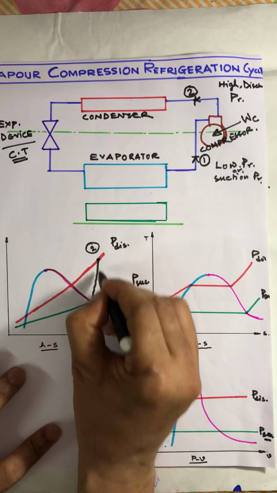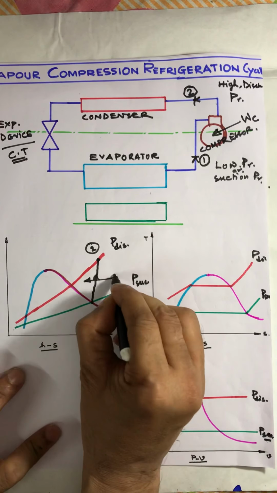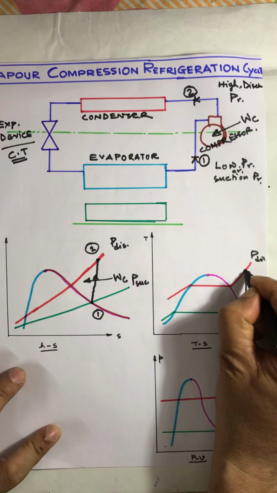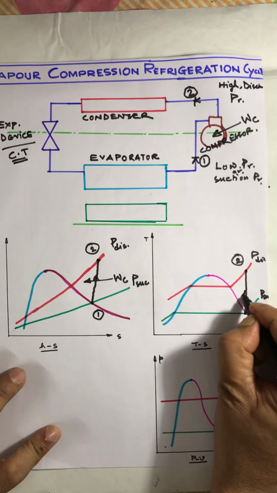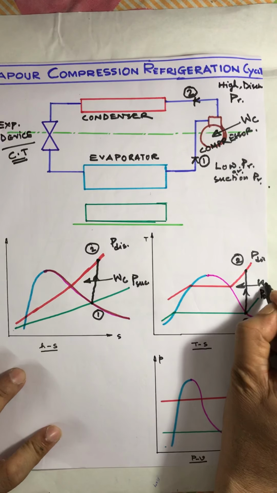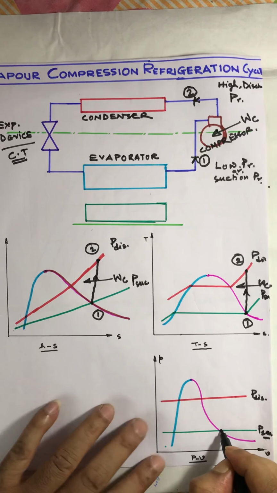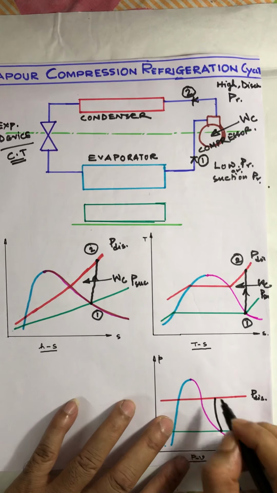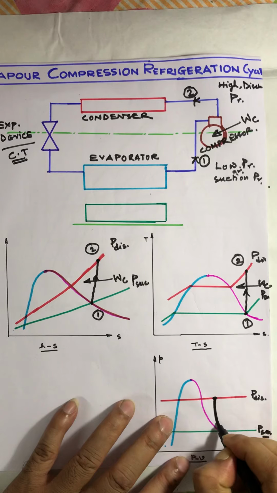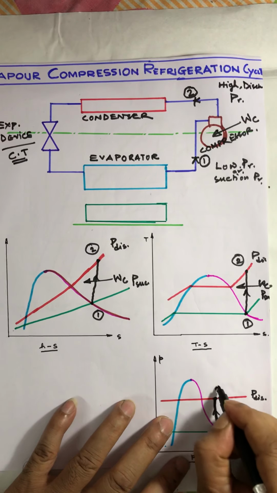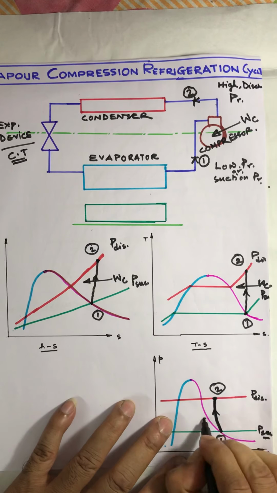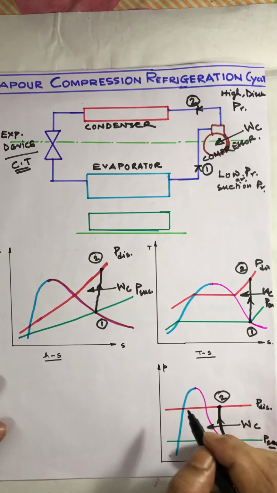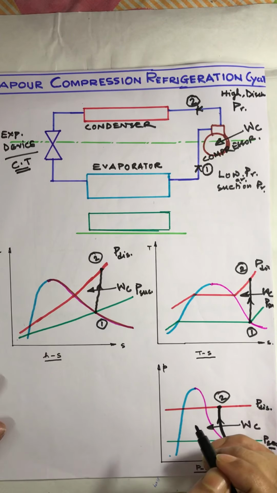1 to 2, some work on the system, WC. After that, due to the compression, the temperature and pressure will increase, and